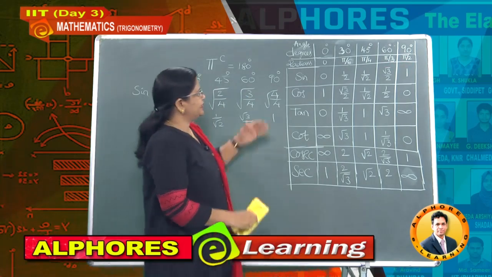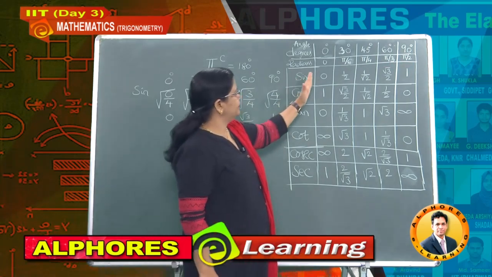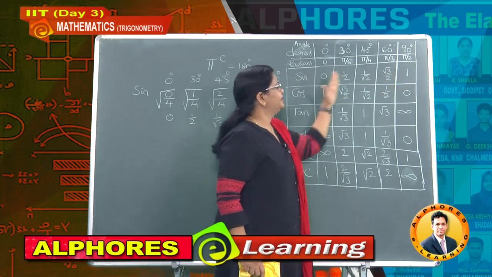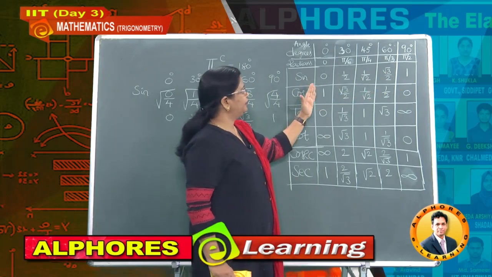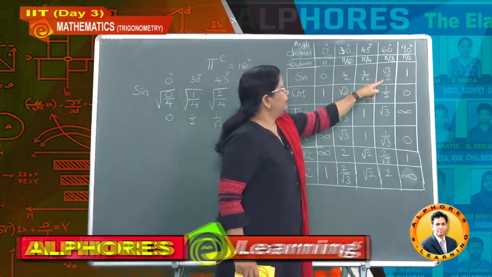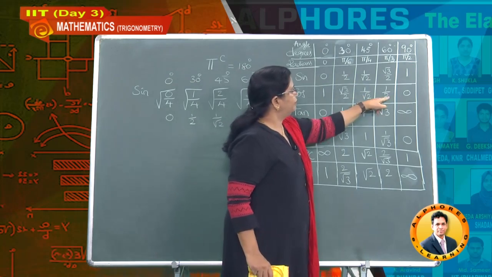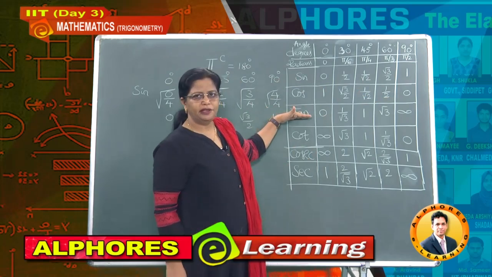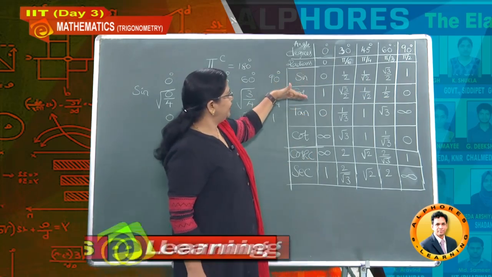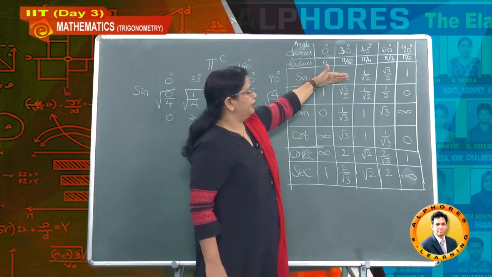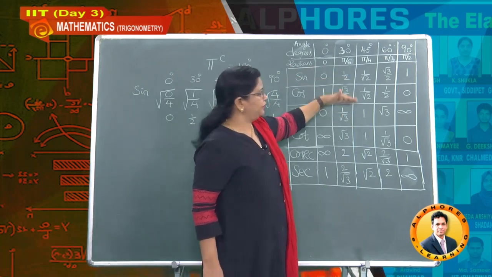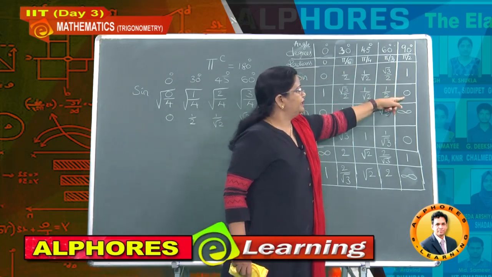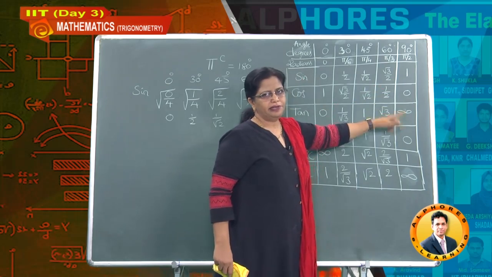And now how to write the rest of the values? These are the values we wrote now using some technique. Now just reverse these values, in the reversal order. If you write 1 here, root 3 by 2 here, 1 by 2, 1 by 2 again 0. And again you know tan means sine divided by cos. So sine by cos: 0 by 1, 0; 1 by 2 by root 3 by 2, 1 by root 3; 1 by root 2 by 1 by root 2, 1. In that way you get 1 by 0, which is nothing but an undefined value.